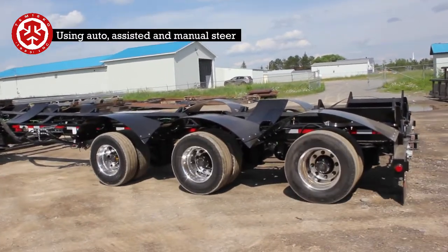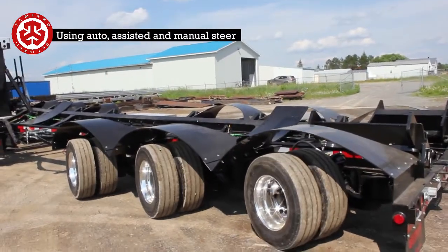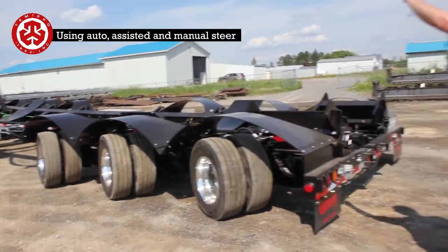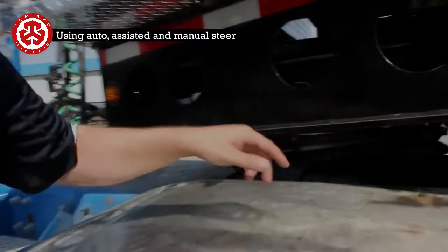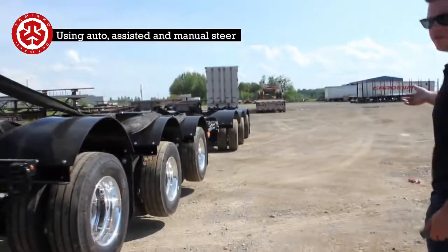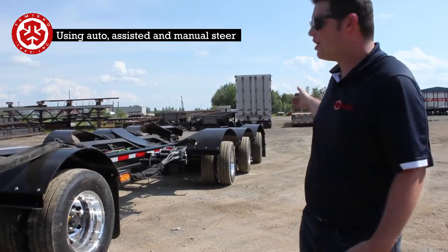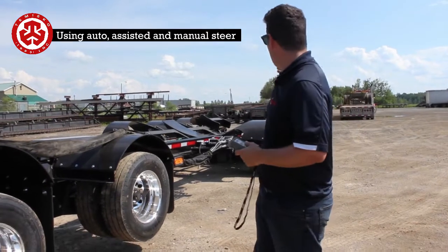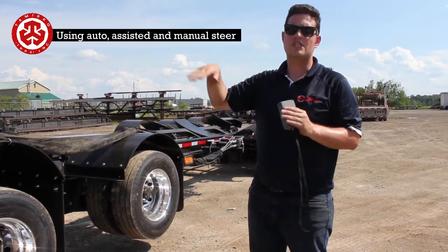Let him go over once more. Then I can take the remote now. I'll just get him to stop. So now, we've aligned the front. If you look at the back now, obviously it's very exaggerated, but you can see that the system's out of time. So now what you have to do, as soon as you do this, you have to redo, is you need to line the front, go the back, make sure everything's straight, shut off your switches, and now you're back to